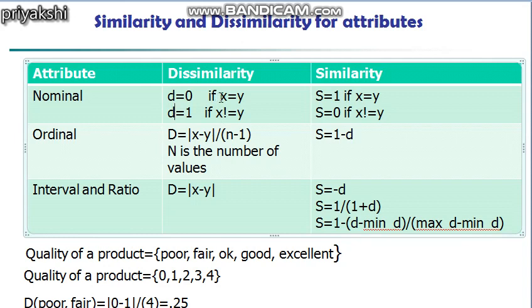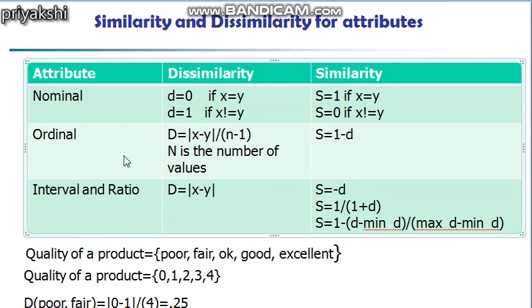So I can say if the academic performance of both the students is the same, then their dissimilarity value is 0. Or otherwise, if their academic performance is the same, they are completely similar. In other words, if their academic performances are not similar, the dissimilarity value is 1, or the two students are not similar, and we can say that the similarity value is 0 if the two students' academic performances are not the same. So here this is calculated like this.